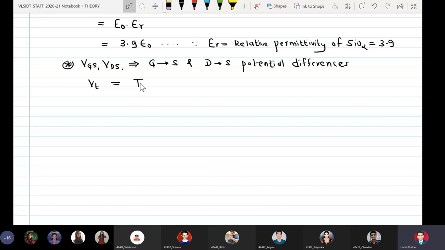VT is the threshold voltage of MOSFET, and when we discuss about body effect, we have actually written the equation for VT. So I think, if you remember, it was equal to VT0, this parameter,